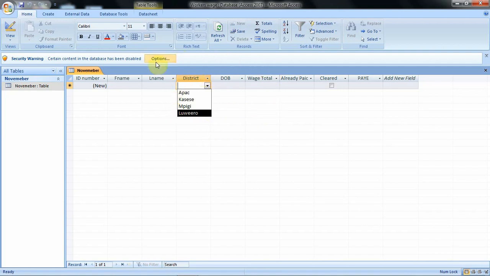So that is how you can use this lookup wizard to look up a given column. As we start entering data or records in this table, we shall just be clicking to select or typing only the information that is looked up. Values which are not these ones will not be accepted under this field for district.